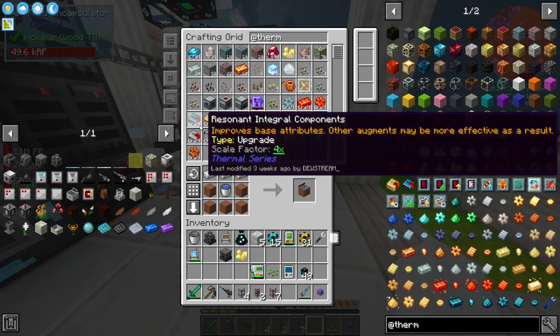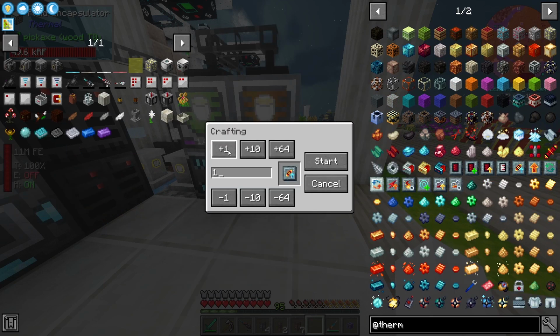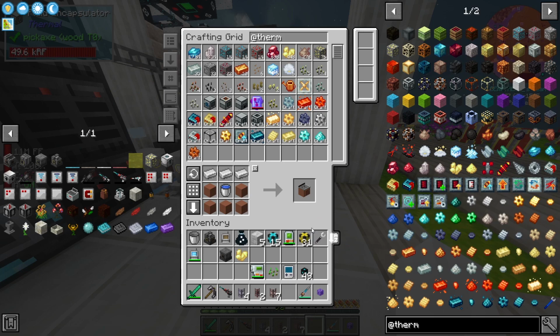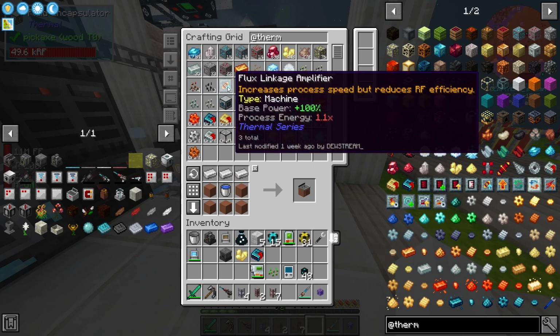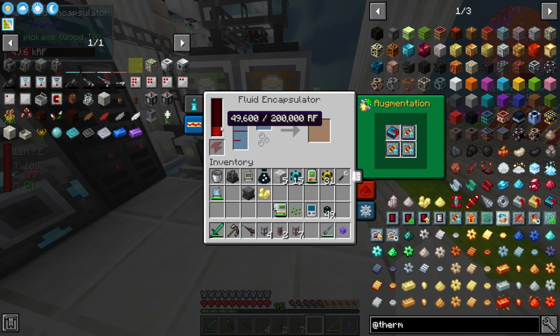So what we want is a resonant integral component and 3 flux linkage amplifiers. And hopefully they don't take too long. Oh, they do not take long at all. Oh my god. I didn't even have time to cut, and these guys are complete. Beautiful. So now, I can put this in here. Once that charges up...